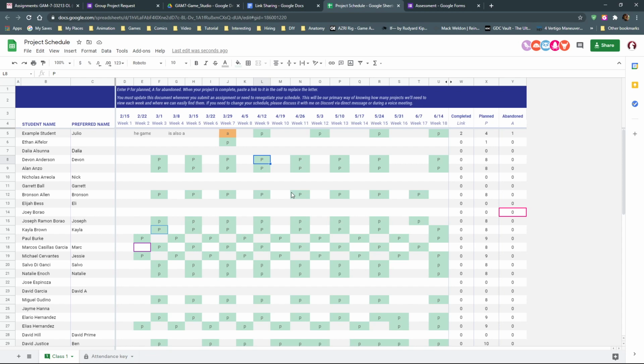Salvo says, I'm a little confused about the schedule about project every 2 weeks. Salvo, you set your schedule yourself. So in this example student up here, I would think about what my goals are, and I just pasted some things up there, so I'll just delete a few. And I think, well, it's going to take me 1, 2, 3, 4, 5 weeks to meet my first goal.